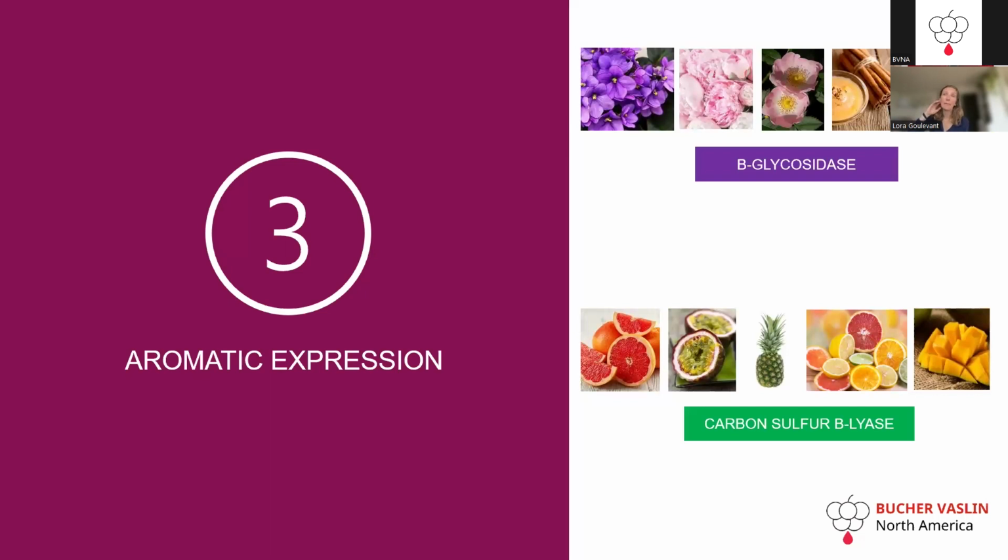spices like black pepper, chili sometimes, or fruity aromas like cherry, or can be also some papaya aromas like this. And enzymes like carbon sulfur beta lyase will release thiols, so thiolic compounds such as 3MH, 3-MMP, 4MMP. These aromas are more in the family of tropical fruits, citrus, boxwood,